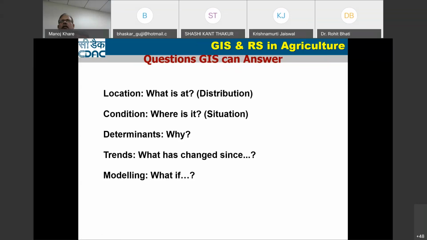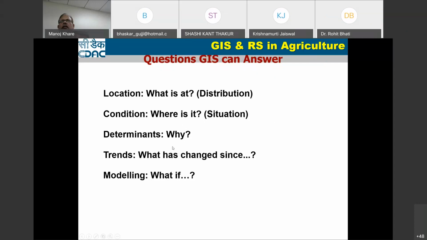It is the same thing you are doing in Google Maps now, everybody is doing. Suppose you want to know one particular office, you type that location and immediately it is highlighted where it is, the condition which is matching. That is basically what GIS is using. So you determine why it is happening.